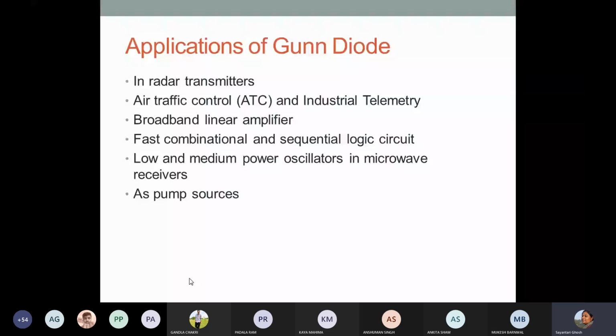And how drastically different they are from the other junction-based devices that we have studied so far. Just go through the mathematics. It will solidify your understanding of the charge accumulation part, and the rest of the two-valley theory, I think you understood, about how the two valleys and their different mobilities can create a situation where negative resistance comes into the picture. So I will stop at this point, and if you have any problem in understanding any part, please go ahead and ask.